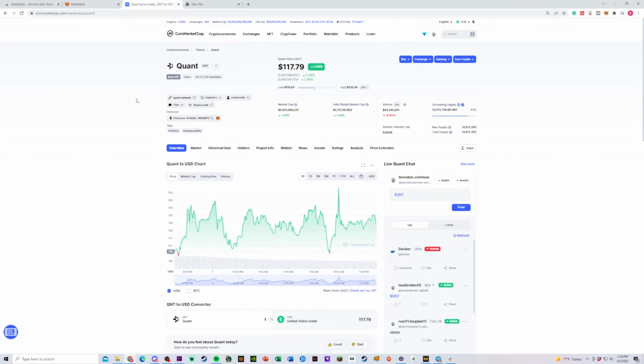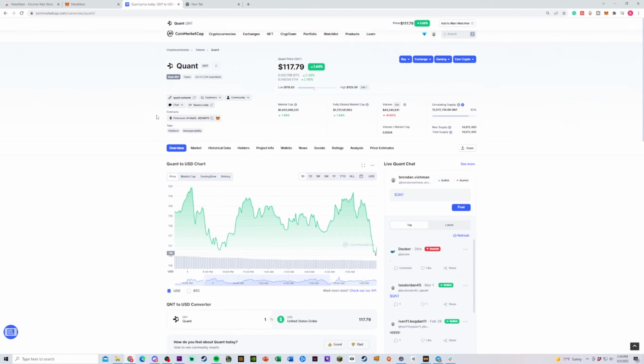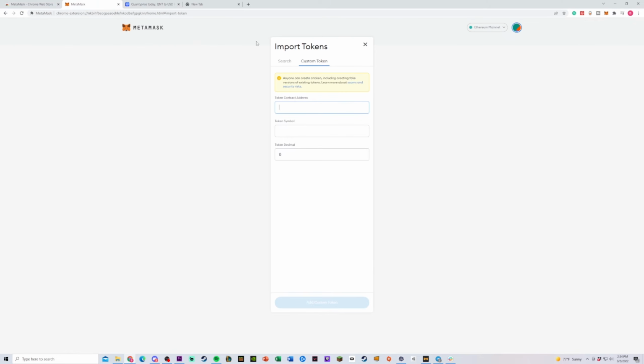Well, if we know something is compatible with the MetaMask wallet, let's just use Quant as the example. I went to CoinMarketCap. You can also use CoinGecko, and all you have to do is find the page of your cryptocurrency. So I'm on Quant's page right now, or QNT, and I see that their contract address for Ethereum is listed right here, and it says that they're also really easy to add to MetaMask. So if you want, you can just click this, but I'm going to copy the address to make sure that I get it right. I'm going to go back to MetaMask and paste it in here,